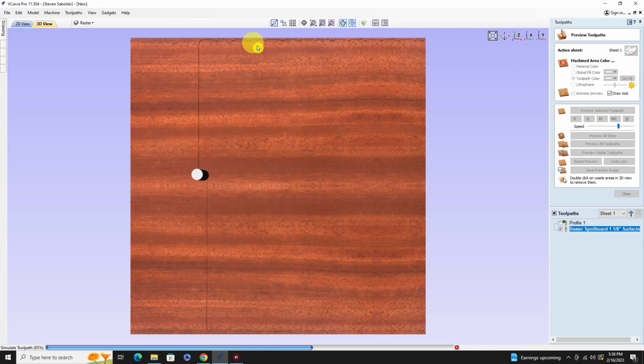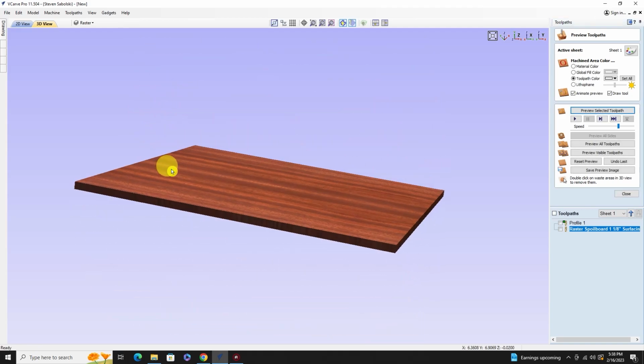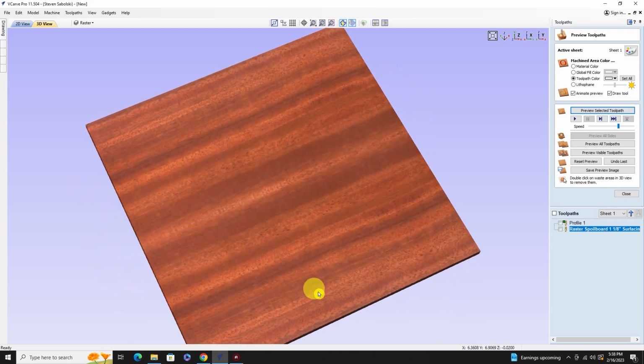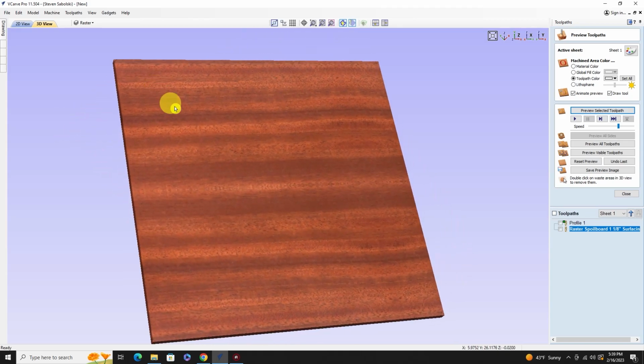And you can see right here where it's leaving these ridges, where it's turning and going back the other direction. When it finishes, it's going to make a profile pass and it's going to clear all that off. Okay, and the only thing it didn't clear off, kind of hard to see. Right here you can see it a little bit, these little corners, because it's a round bit, it's a big round bit, so it doesn't take those corners off. But